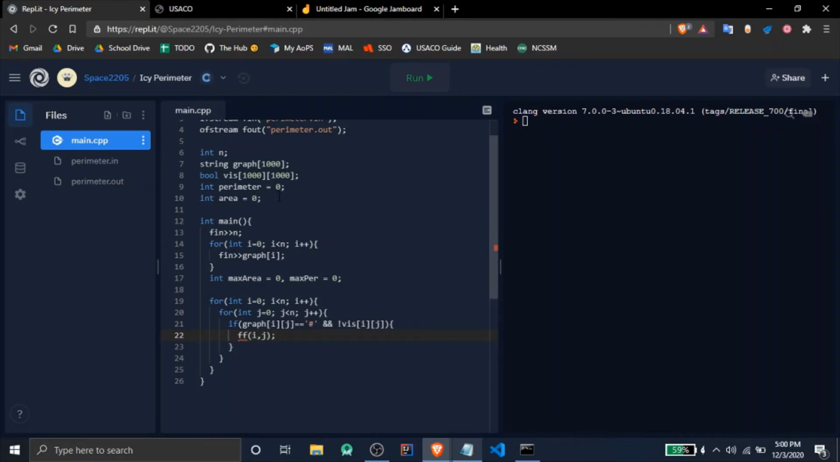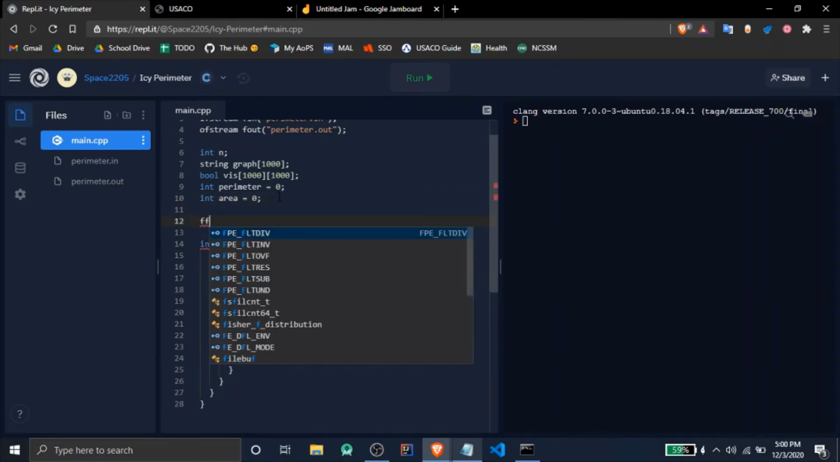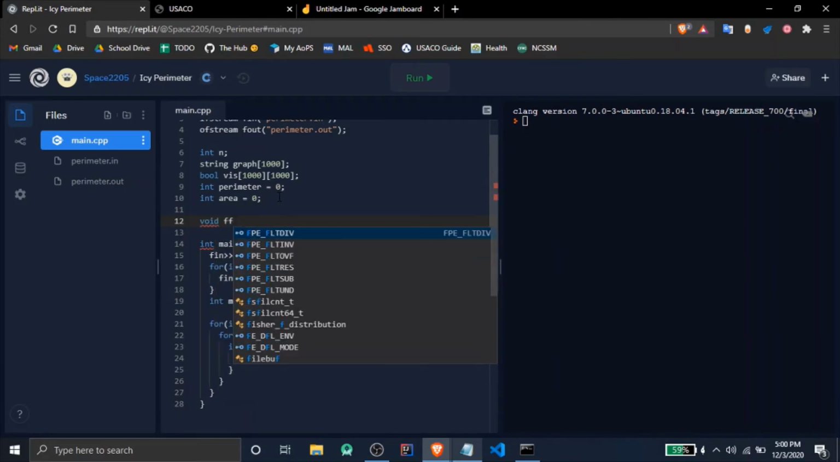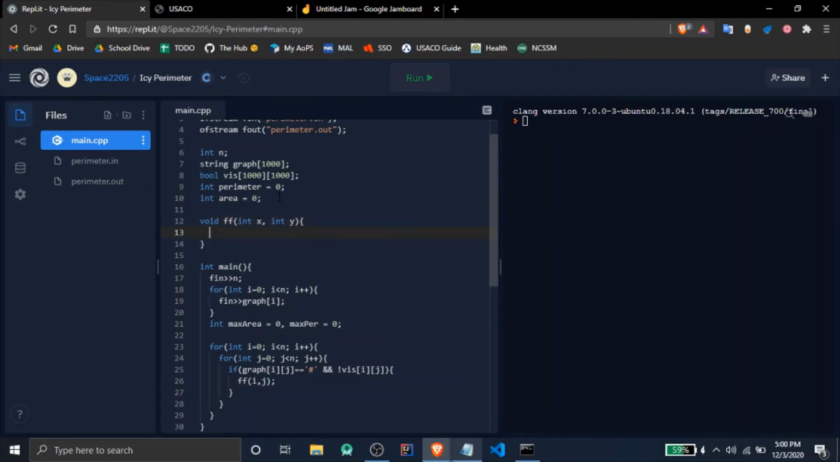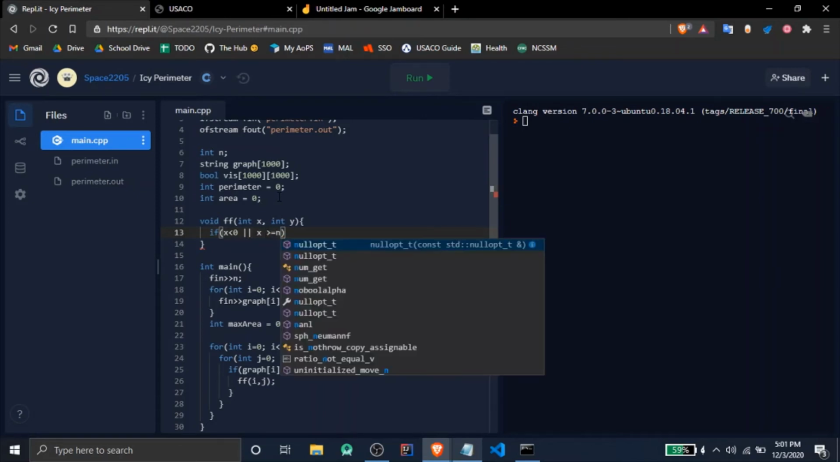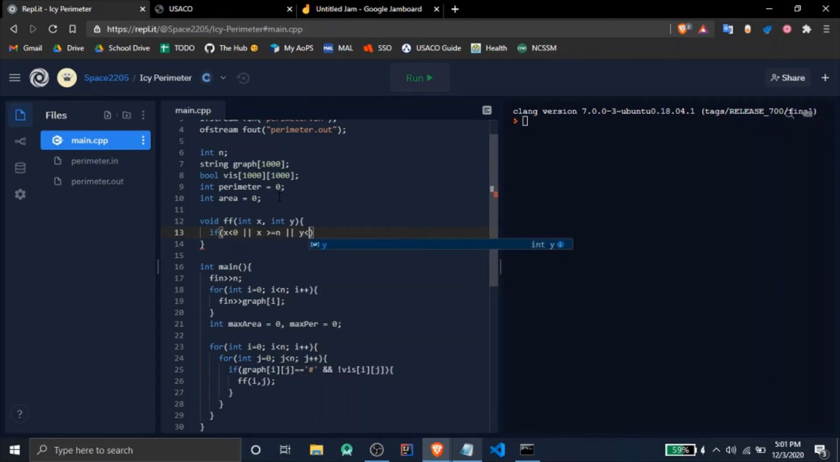So we can go over here. I'm going to create a void flood fill, and I'm going to pass in two integers, int x and int y, basically just the x and y coordinates of our cell. And this is how I'm going to help calculate the perimeter. So I'm going to say if x is less than 0, x is greater than or equal to n, or y is less than 0, or y is greater than or equal to n,